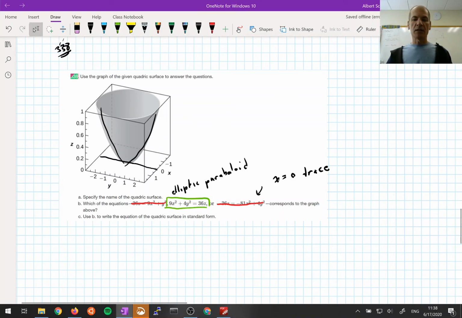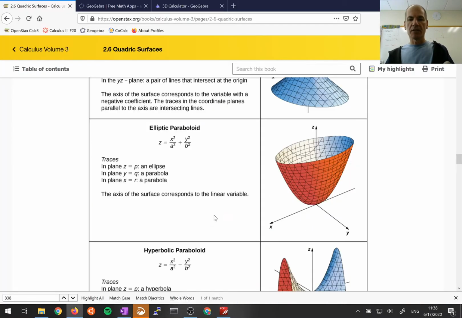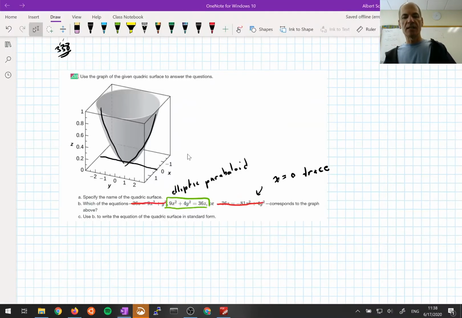So we've identified an elliptic paraboloid. We've identified its equation. How do we put it into standard form? Let's go back to the book and see what the standard form for an elliptic paraboloid is. That involves solving for z and then rearranging things so that we can figure out what little a and little b are. So the standard form is z equals